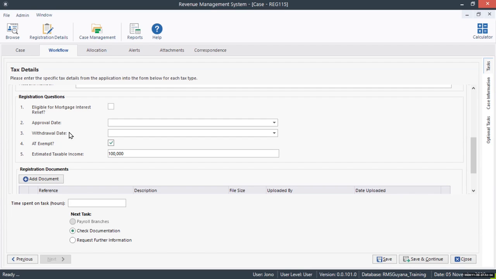Every year when AT is generated, it normally generates off the return that's just been filed. So if I file a return now, based on those figures for this year's return, it's going to create the AT obligation for next year. But in the event that return's not filed, RMS still has to find a time and a place to raise those AT assessments